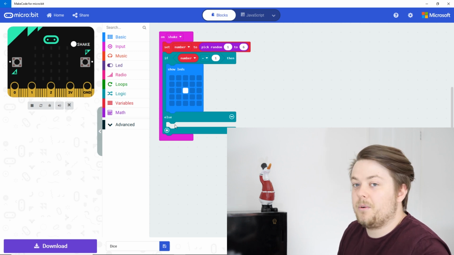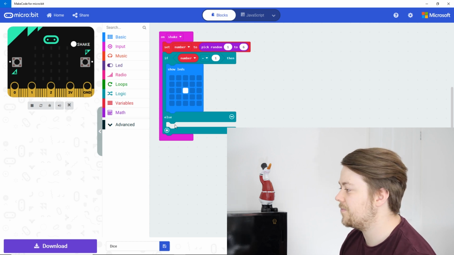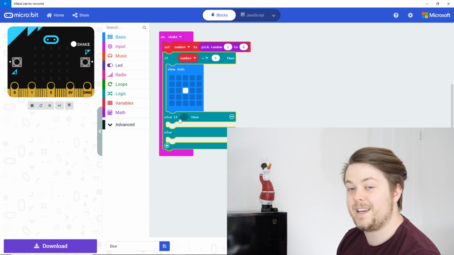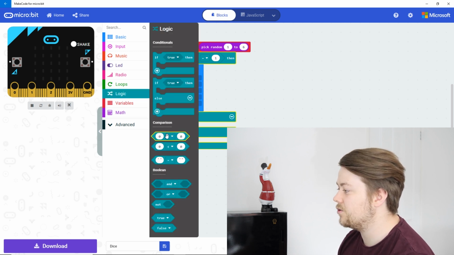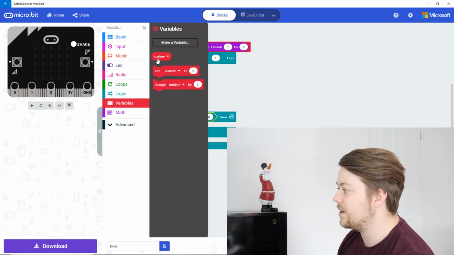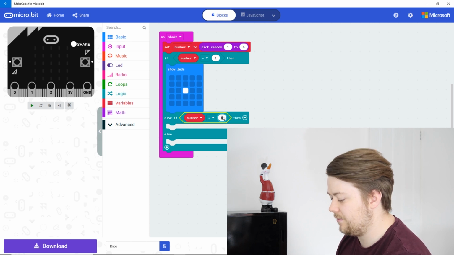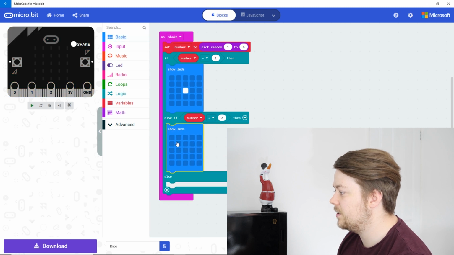We want to say otherwise if it's 2, and then otherwise if it's 3, etc. So if we press plus again, we now turn that else into an else if. Now if we go back to our logic, we can drag a comparison into there, and then similarly, we do the same as we did with number 1, put our number in there and say if it's 2, let's go to basic, show LEDs, and let's put